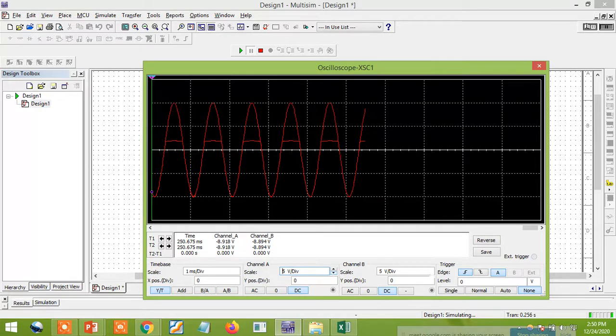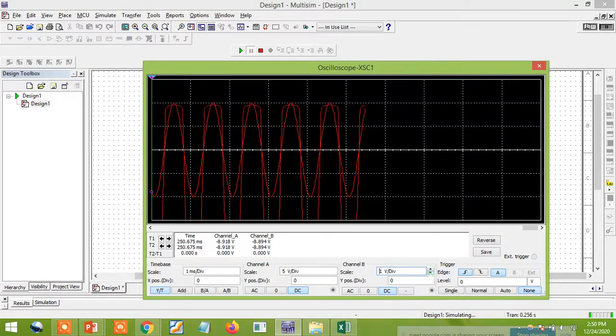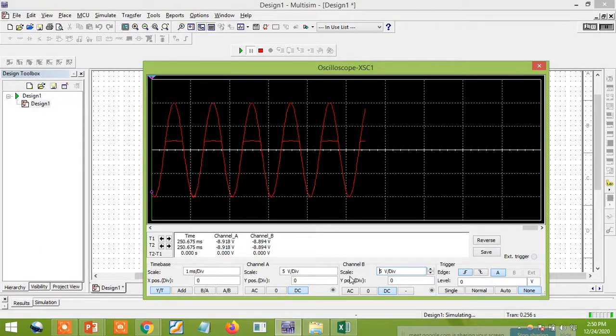So this second one is the output signal. Keep both at 5 volts only, then you can easily understand how to read whether it is clipping at 2 volts or not. It's very simple. I already explained it in the previous class. For channel 2, I'm looking at my output, which I can see way here.